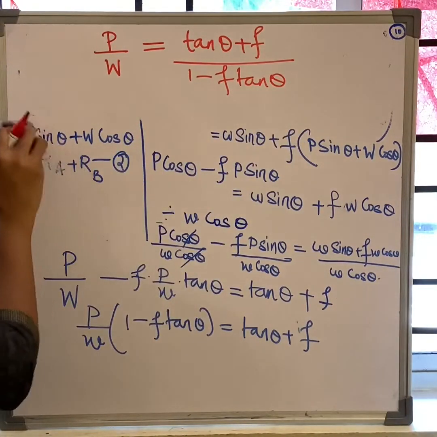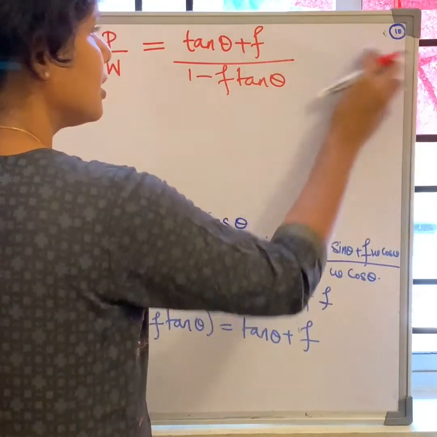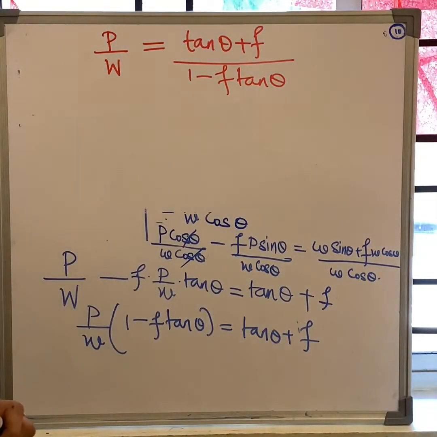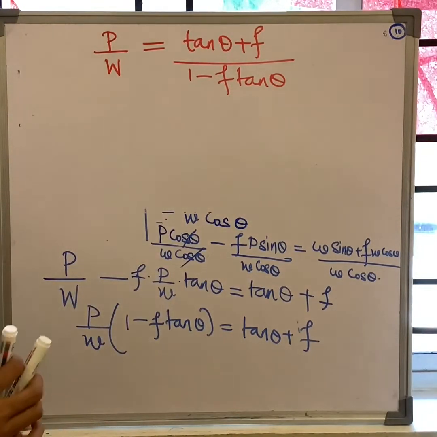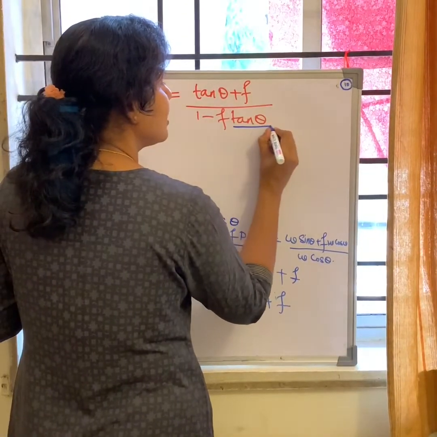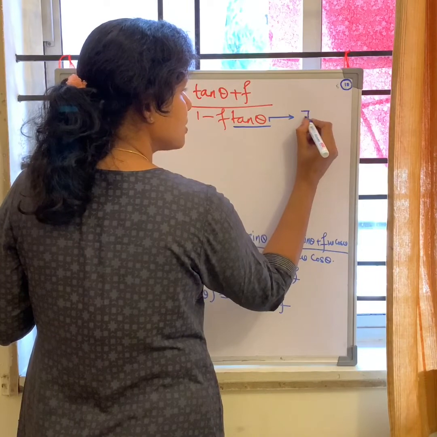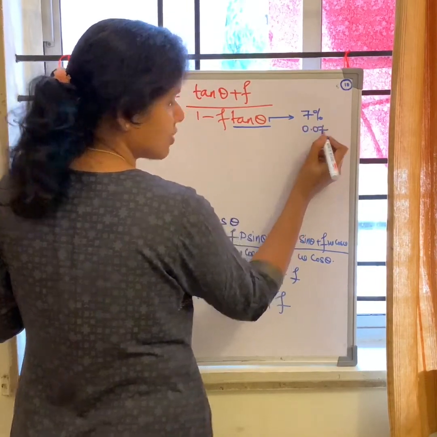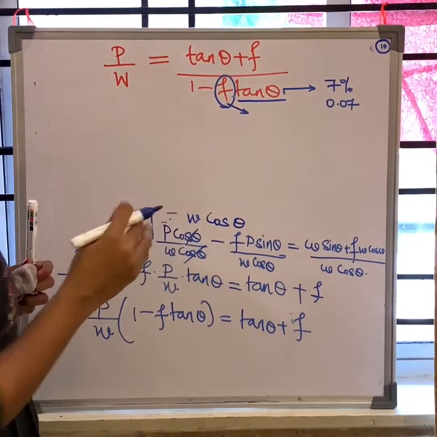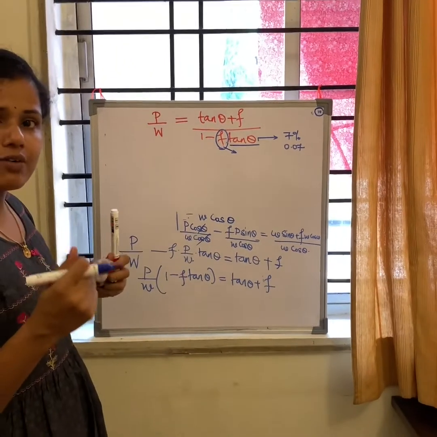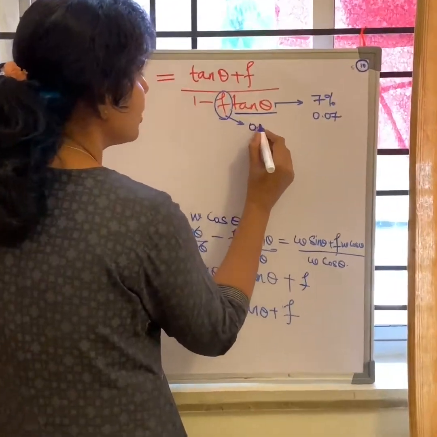Now, having discussed the maximum value of super elevation and knowing the design value of the lateral coefficient of friction, let's apply this and further try to solve this equation. So we made a statement that there is a limiting value, and for tan theta the maximum E max is considered as 7%, or you can say it as 0.07. This is the maximum value. And for the coefficient F, when the equilibrium condition is achieved, with full attainment of the lateral coefficient of friction, the value is 0.15 for the design.